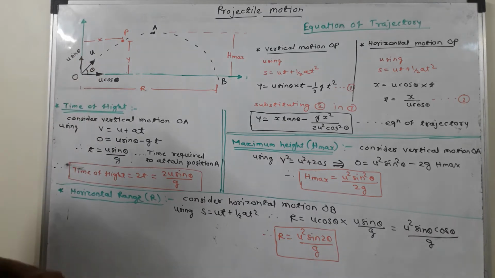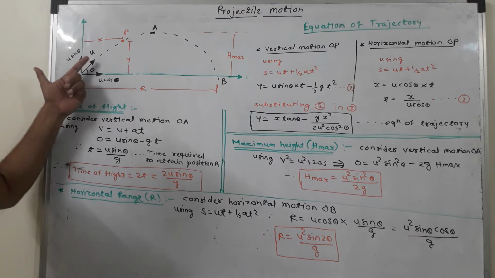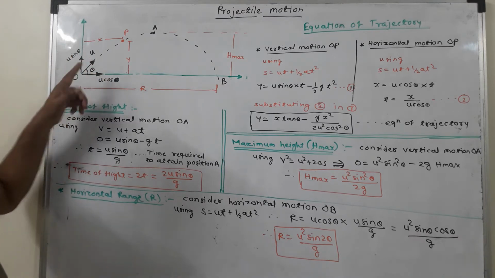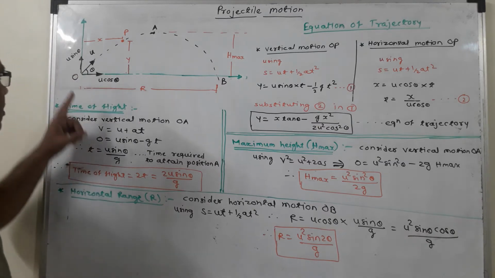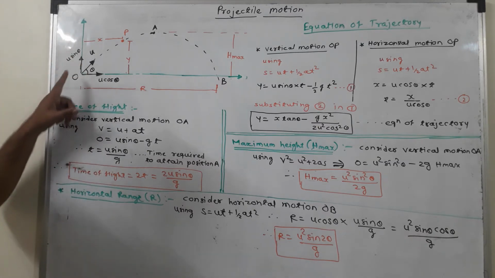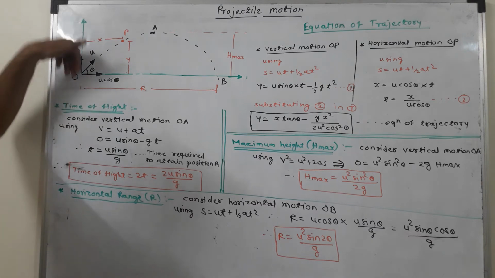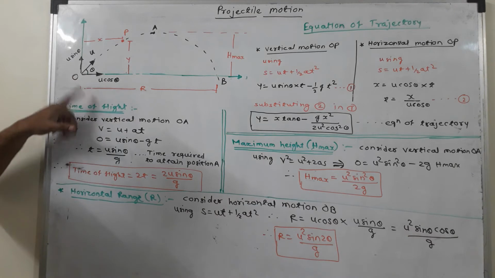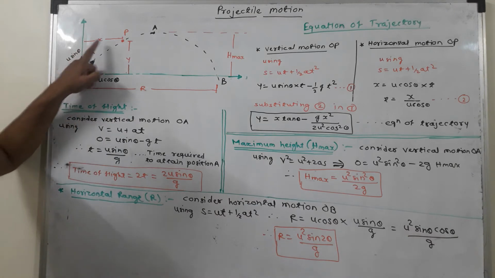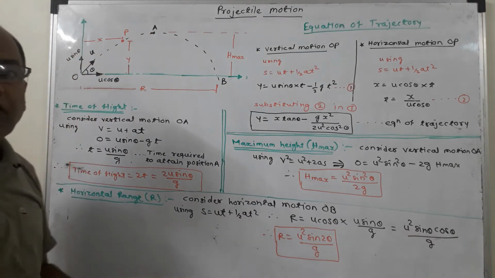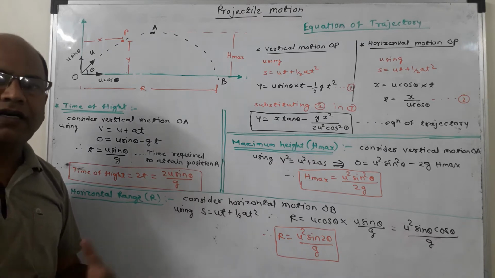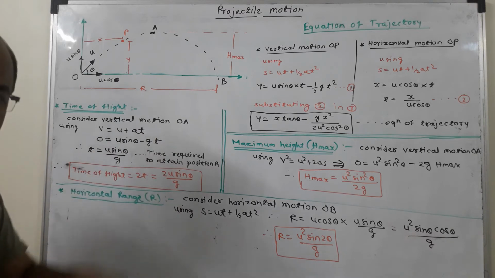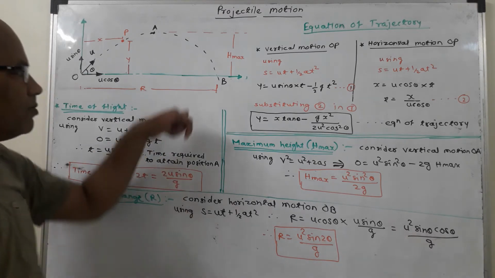In order to explain it, let us resolve this velocity into two components, the horizontal and the vertical component. The vertical component is u sin theta. Now it is subjected to gravitational acceleration which is acting in the downward direction. So because of that acceleration, the vertical component goes on decreasing, it becomes 0 at the point of maximum height. And thereafter its direction gets reversed and it goes on increasing again because of the gravitational acceleration and becomes maximum at this point B.